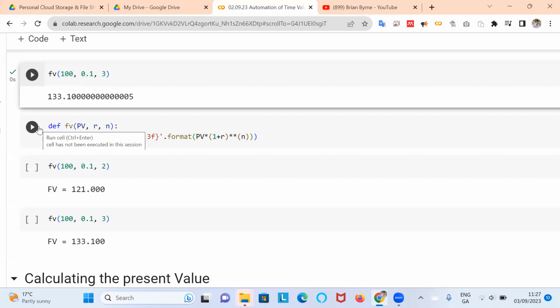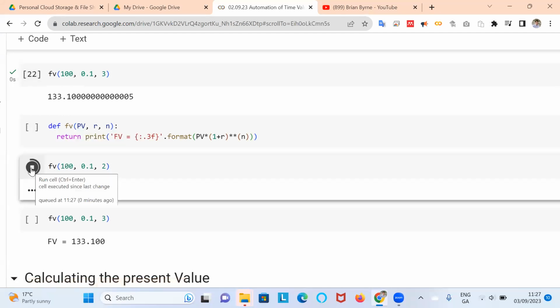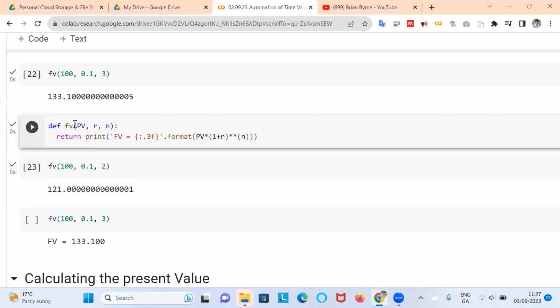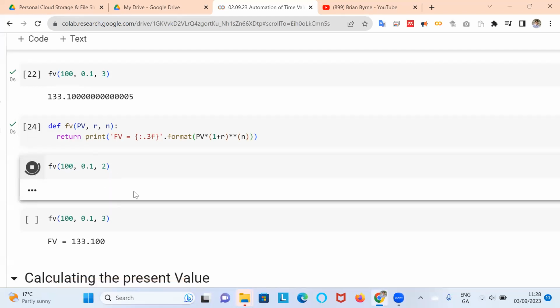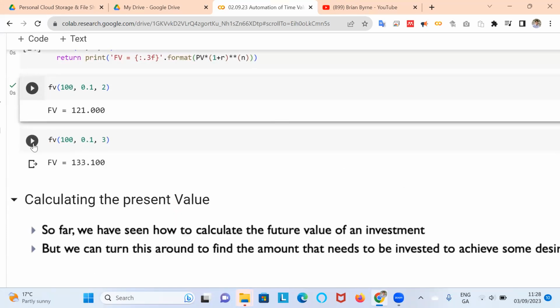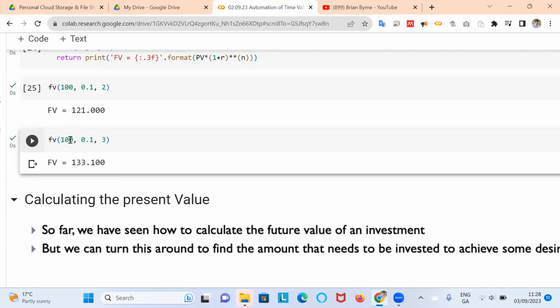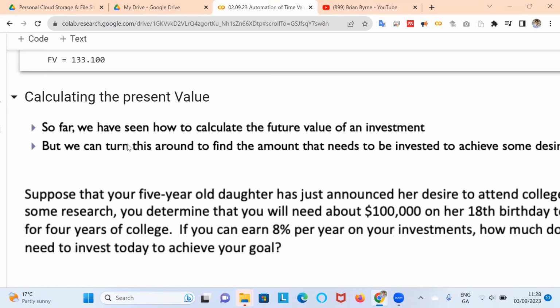So if I run here this function, just take it the standard, we're getting that output. If I want to correct to the 3 decimal places, we load in this cell. So now FV is not just producing the computation, but we're also saying we want a particular format in the output. And if I run that again, we'll go to the 3 decimal places. Okay, and likewise for the future value here, 100, rate of interest 10% for a 3-year term. What's the future value? Again, 133, and we've gone to 3 decimal places. Okay, so